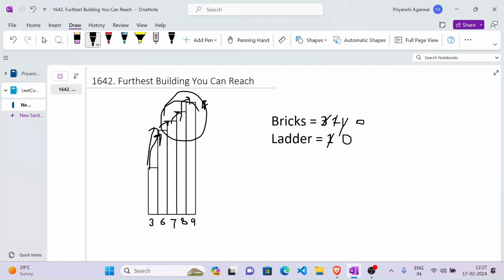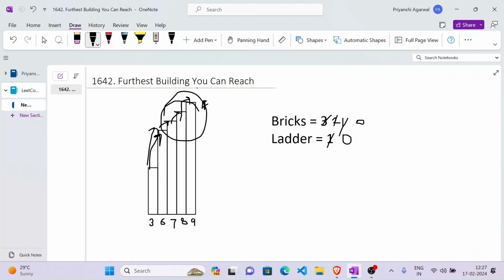But this will take n square log complexity. So how can we optimize that? Okay, now let's think of this. If we reach this index, we can check whether we can reach this position or not in the case that we have lost all the ladders. If we have four ladders, then we are sure that we will be able to reach index 4, right? So after that only we need to check whether we can reach this position or not